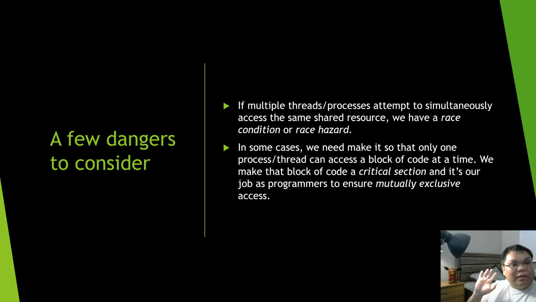To avoid race conditions, what we want to do with these resources is make sure only one process or thread can access it at a time. This is called mutual exclusion. We identify what is called a critical section, and then, as a programmer, enforce mutual exclusion. This is done through several ways that you probably remember from operating systems, but my point is this. We want one thread at a time to use a shared resource.